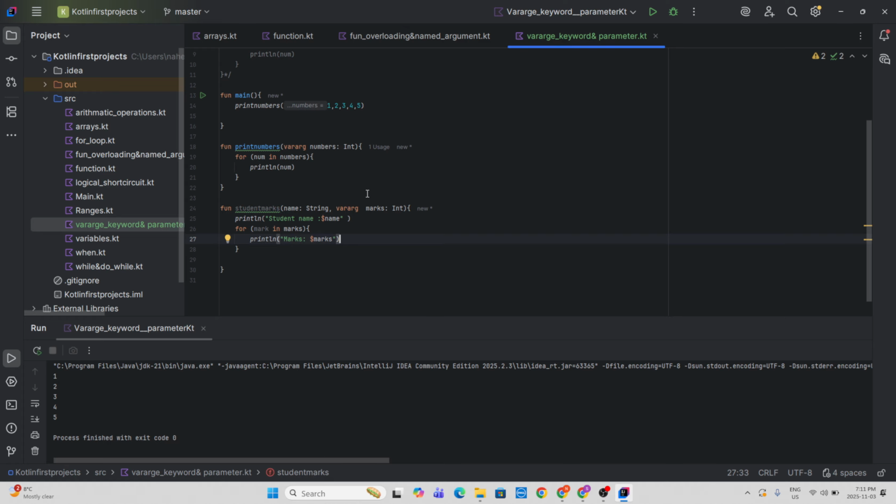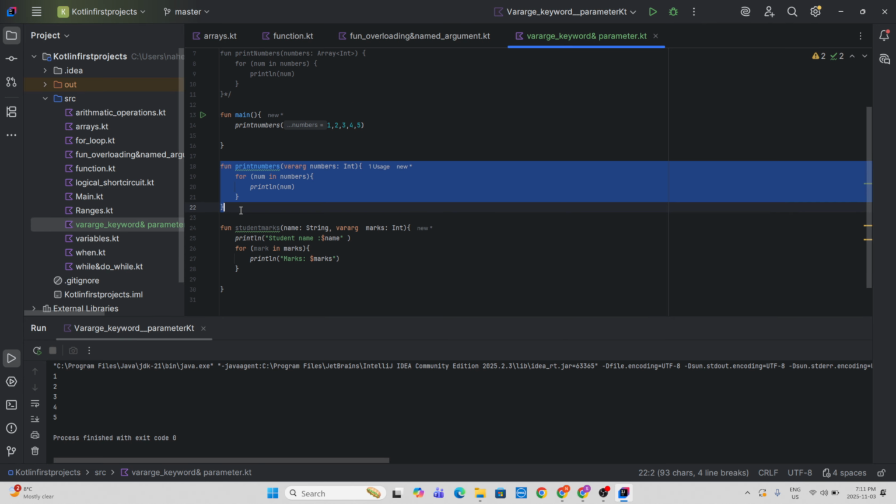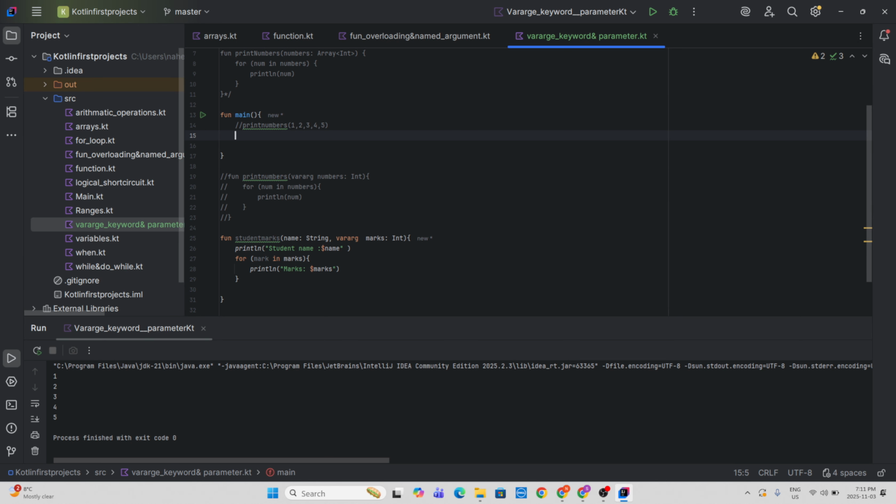Okay, let me comment down this first and also this one, so you can get only one output and not be confused to see so many outputs over here. So let's take